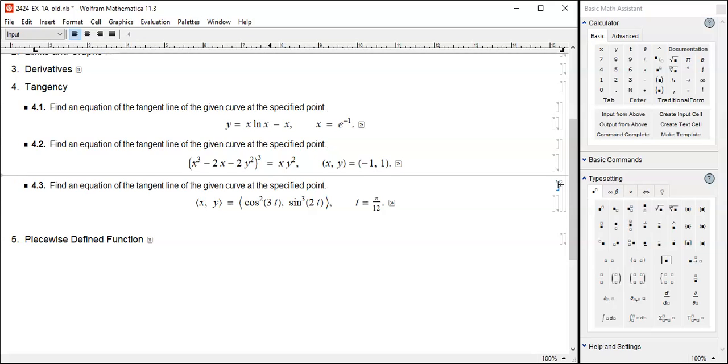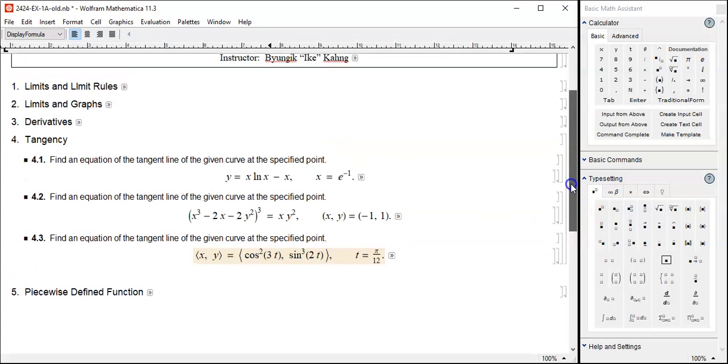Okay, let's go to the last problem here. This is a parametric curve problem. And for this problem, let me give you a formula for parametrics here in this video, and then let's complete the problem in the next video. Here, let's just write